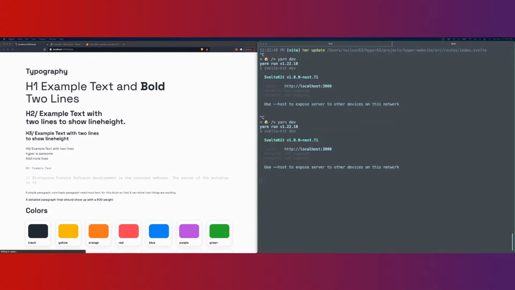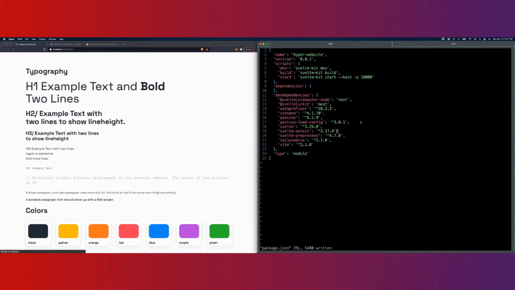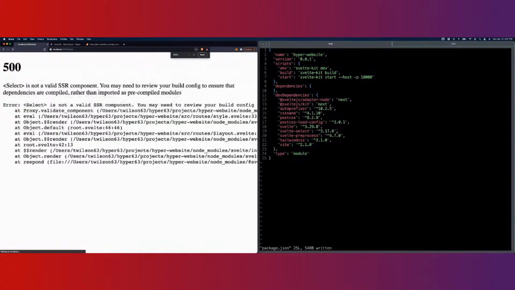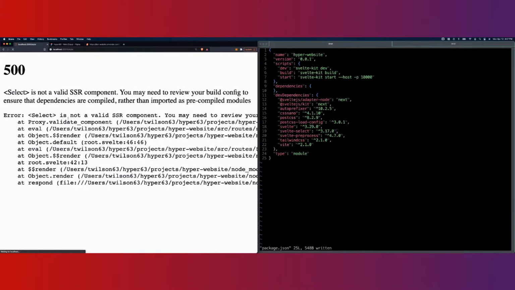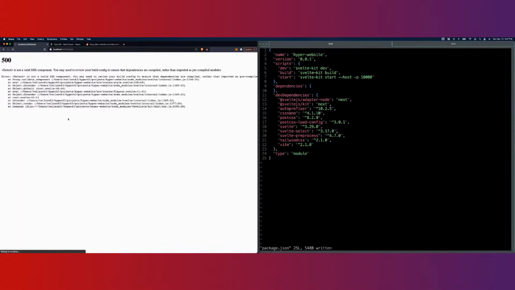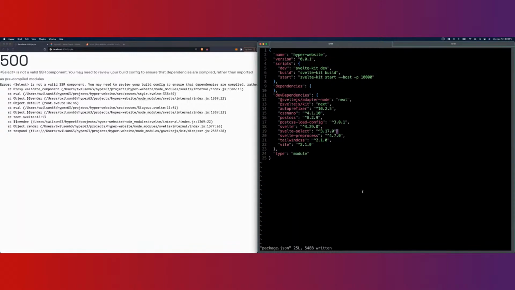So those are the two notes. Like I said, let's see. Just trying to break it here, and I don't know if I succeeded. Yeah, here we go. So that's what I got: select is not a valid SSR component. You may need to review your build config and the workaround. And again, it may not be a bug; it may just be me not knowing the right use case for this. But once I moved it into dependencies,